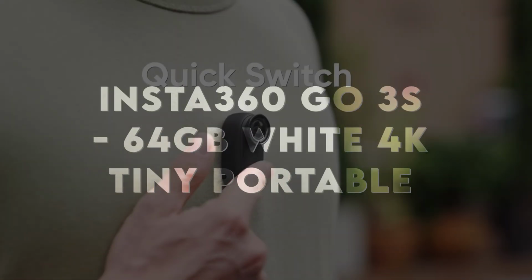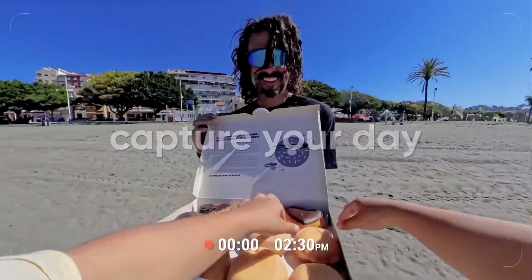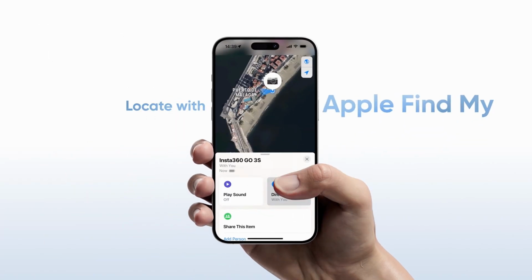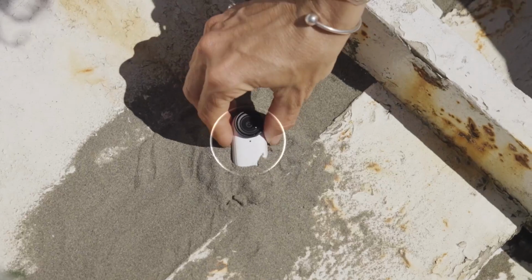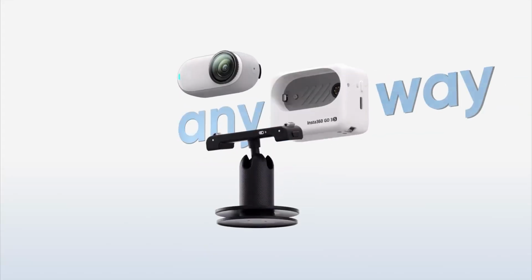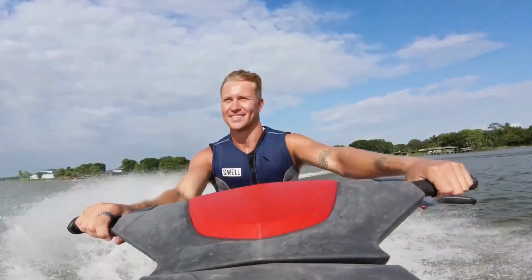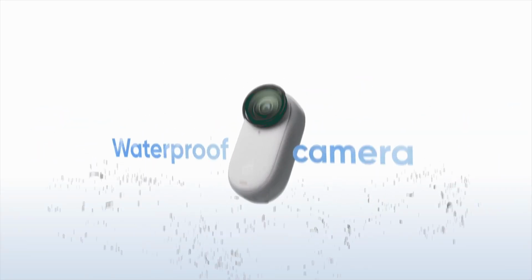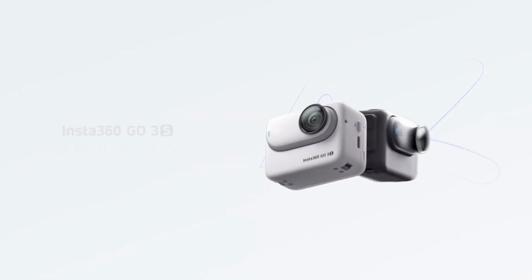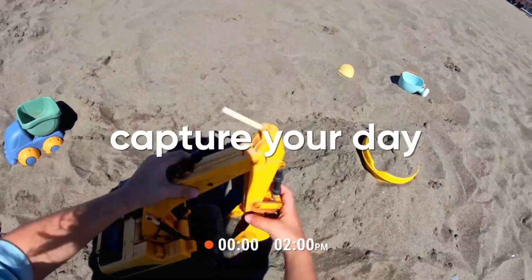On number 5, Insta360 Go 3S 64GB white 4K tiny portable. Next up is the Insta360 Go 3S, a tiny powerhouse that packs a serious punch. We're talking 4K video in a device that weighs just 1.38 ounces. It's perfect for casual creators and vloggers, with excellent stabilization and a flip-up screen for easy self-shooting. Despite its small size, it provides smooth, high-quality footage, making it an excellent choice for capturing quick action shots or